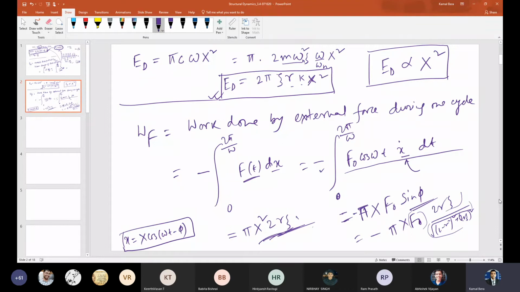I can directly see something is coming from this expression. How can that be missed? I can directly see from here to here. If I write it as m, then m I can write as X by delta st. So X is X square, delta st I write F naught by k. So k will be in the numerator, F naught cancels. So definitely there will be k, right? Agree with me? Yes. Who told this? k will be there, right? Yes, sir.